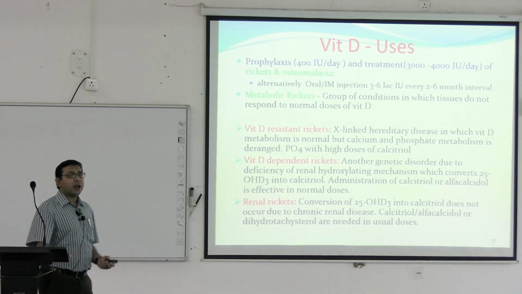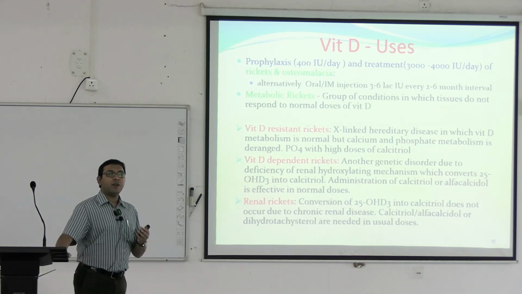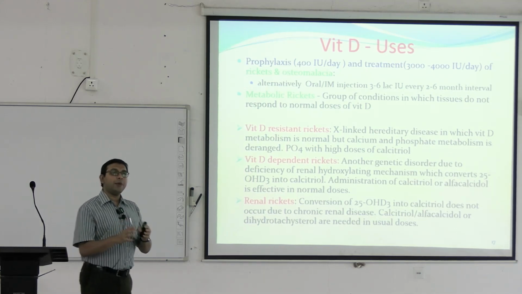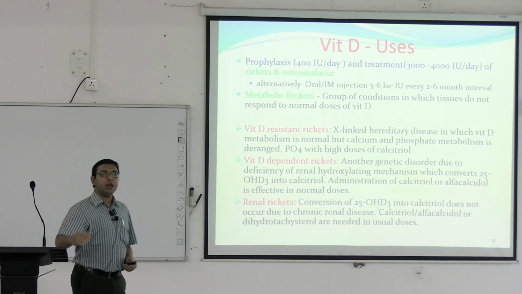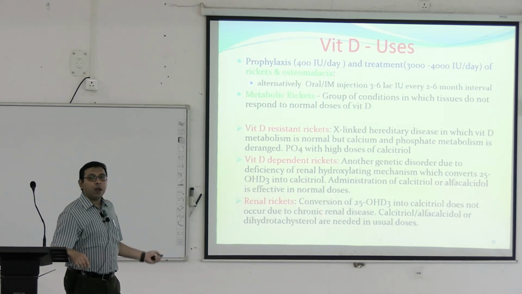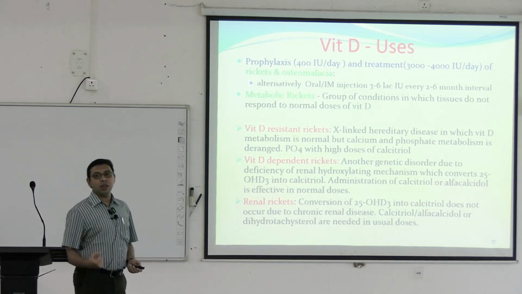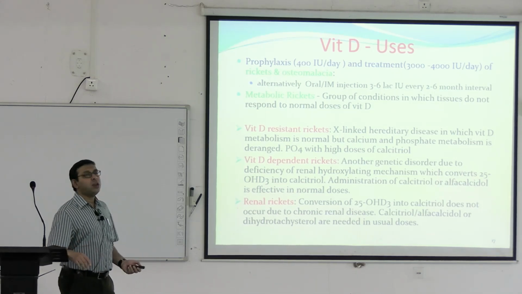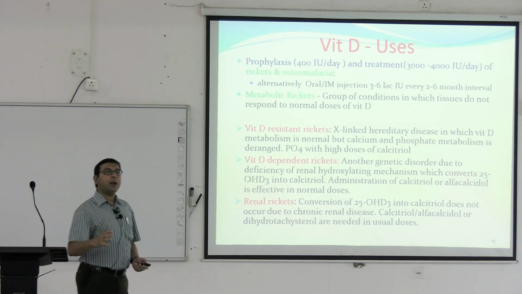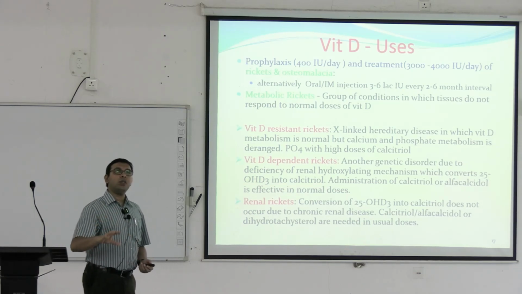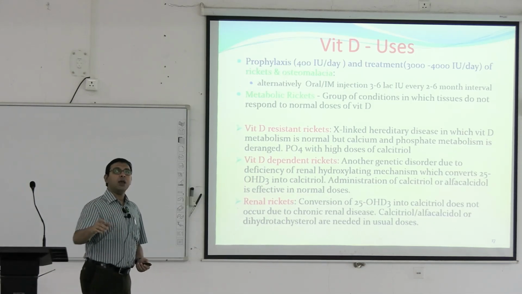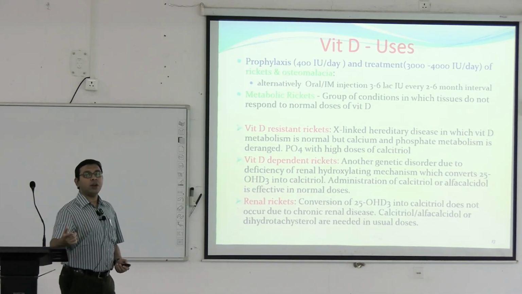These are the different types of rickets where the deficiency is not due to dietary deficiency. In dietary deficiency of vitamin D, we have to give vitamin D. Also in these metabolic cases where the kidney is diseased, where the disease occurs due to the hydroxylating mechanisms, or due to some genetic disease where vitamin D cannot act, or vitamin D metabolism is normal but it cannot help in the action of calcium or phosphate, in those cases also we have to treat with vitamin D.